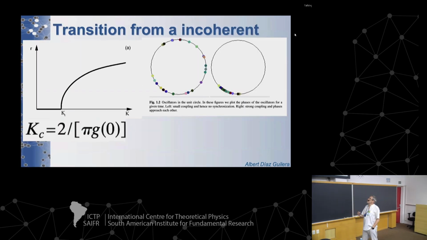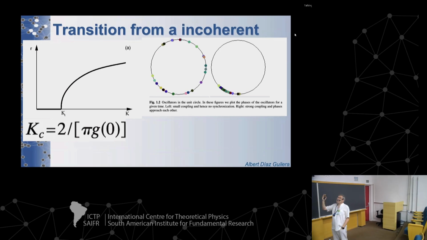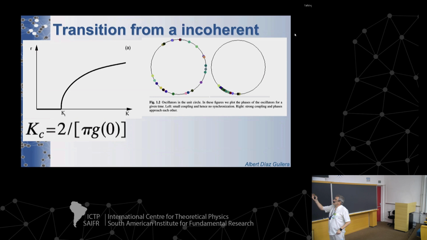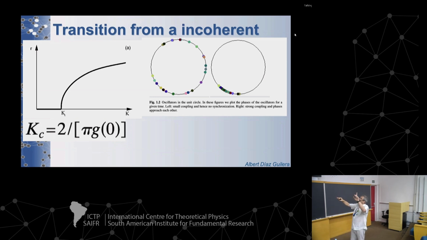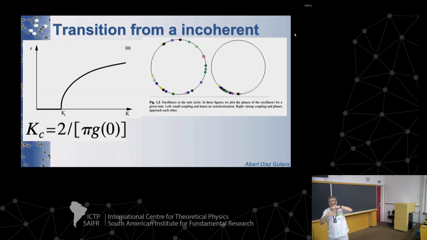The outcome is that, in the mean field case, in which you have all-to-all coupling, there exists a critical coupling that has this value. Depending on whether you are below this value, you can imagine that you have your oscillators moving around the unit circle, with a widespread distribution of the phases in this unit circle, and then the contributions to the order parameter are compensated by all of them, and basically you have an order parameter which is very, very close to zero.